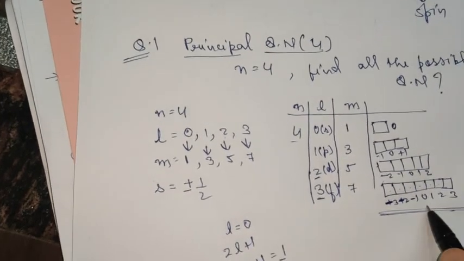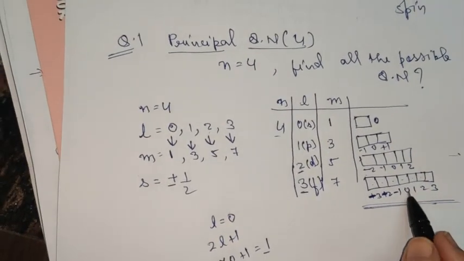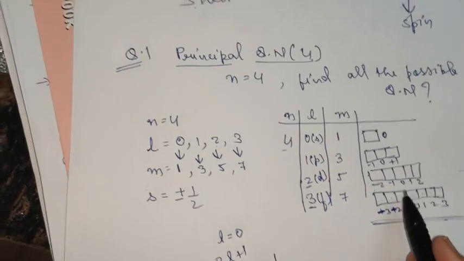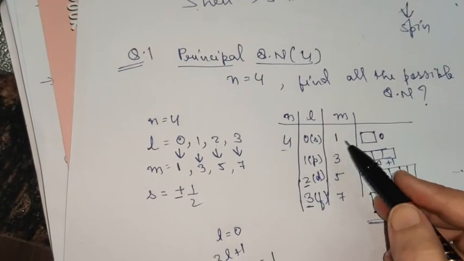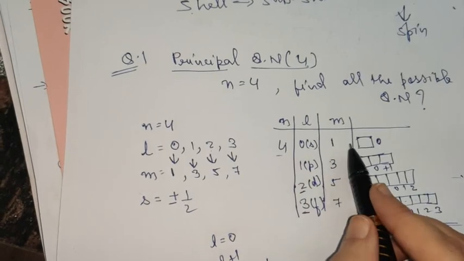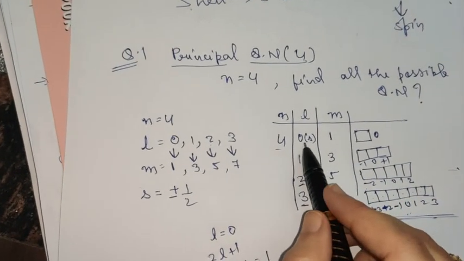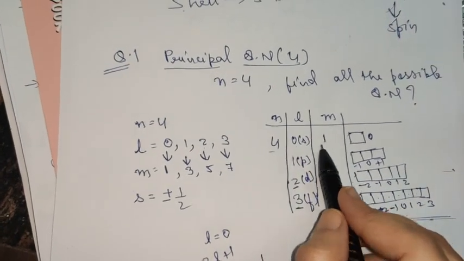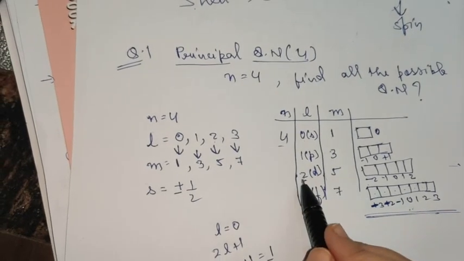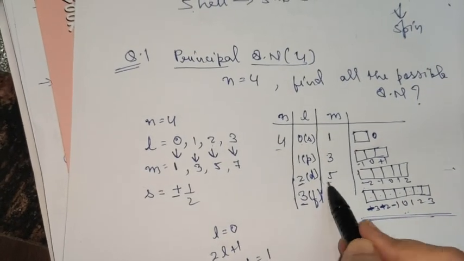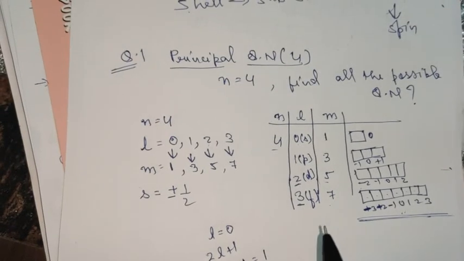These are the values of the orientations which are possible for the various orbitals, and these figures indicate the number of orbitals which each subshell can have. So do remember this, that S subshell has only one orbital, P subshell has 3 orbitals, D subshell has 5 orbitals and F has 7. This you need to remember, children.